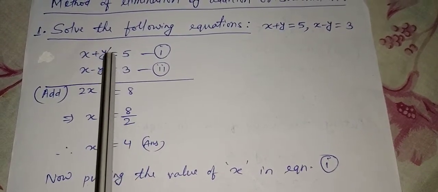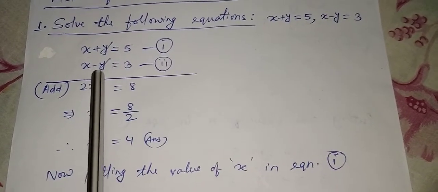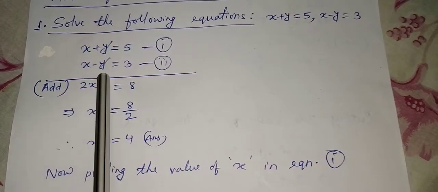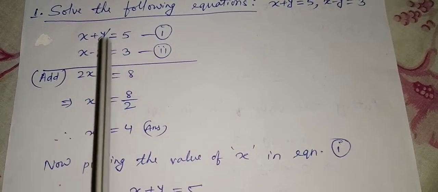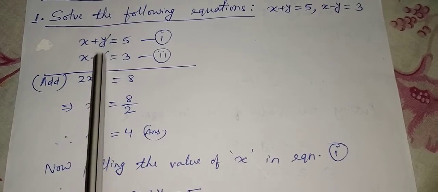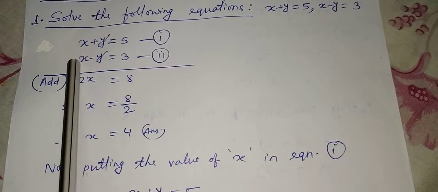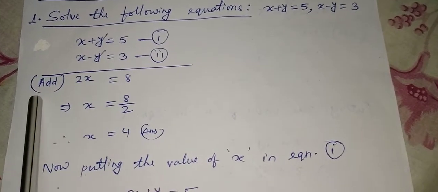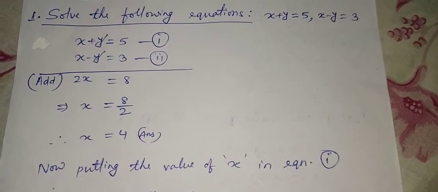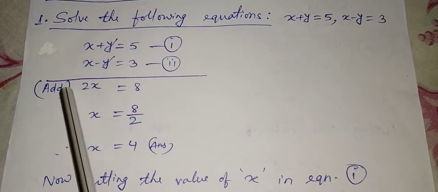You can see when I wrote these two equations, both y got cancelled because this was in plus, this was in minus. So plus and minus y got cancelled. But when they don't get cancelled, and suppose if it is plus here, here also is plus, then y will not cancel, even x also will not cancel because both x also are in plus. That time we have to write here subtract, because by subtracting what happens, symbol changes. So in the next video I will teach you the method of subtraction, but today I am doing addition.